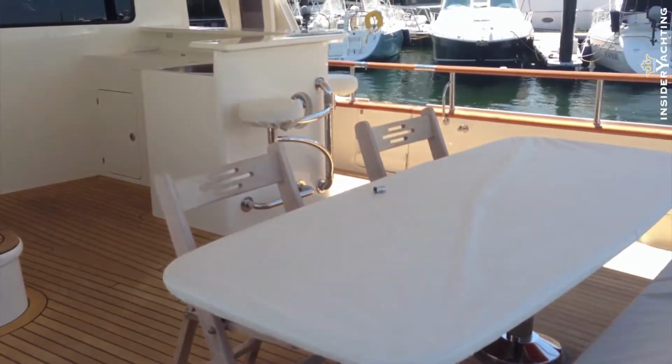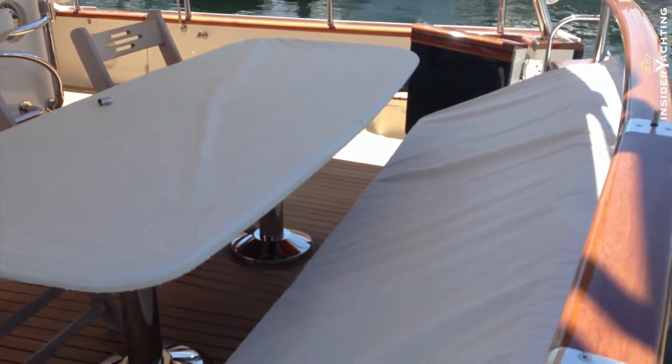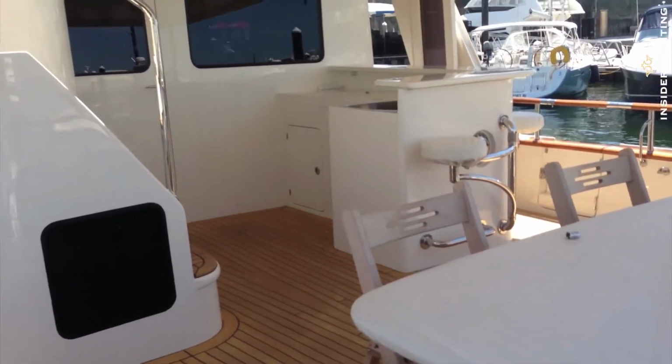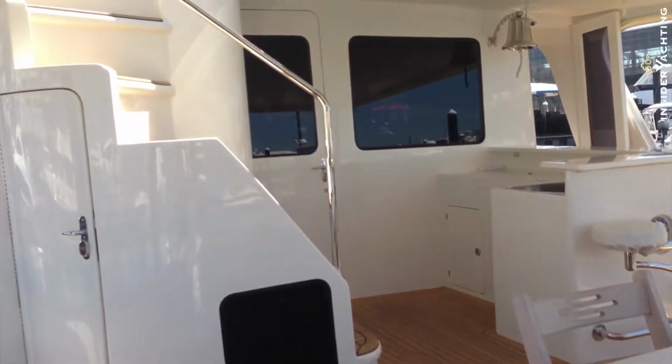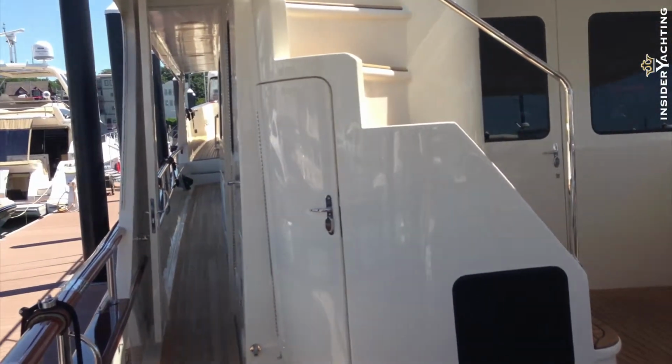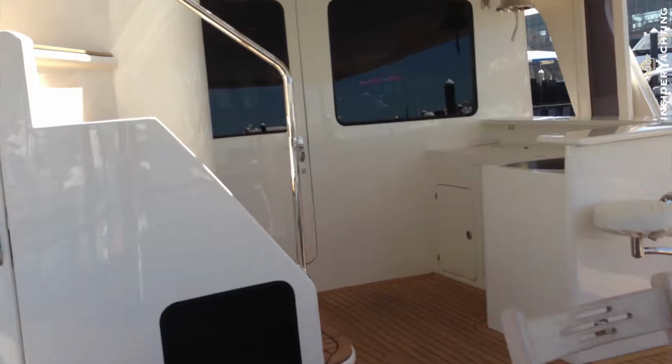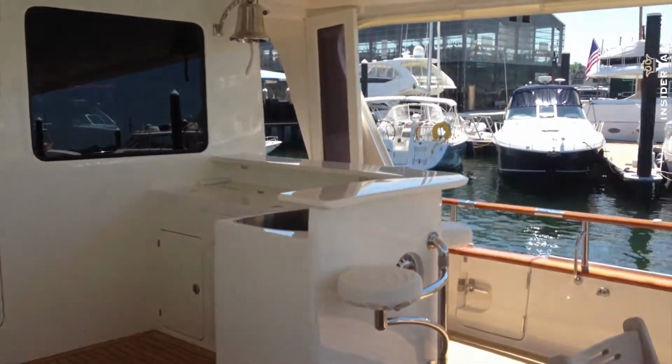He's already got his next boat picked out, so he's very, very motivated to step into that boat. So this is going for a great price and a very motivated seller. It's actually going for about 30% less than the build cost new of one of these boats. This is a great deal for someone who's ready to step into a beautiful